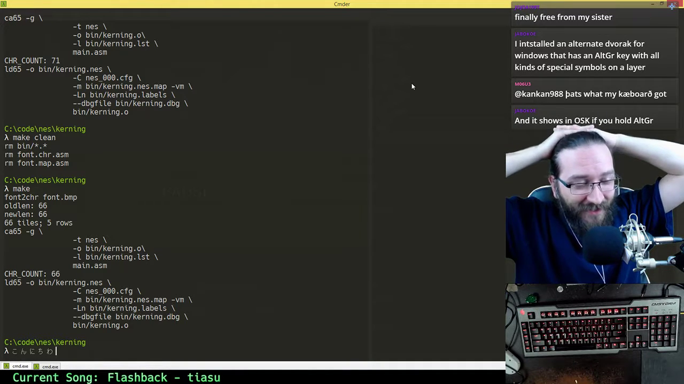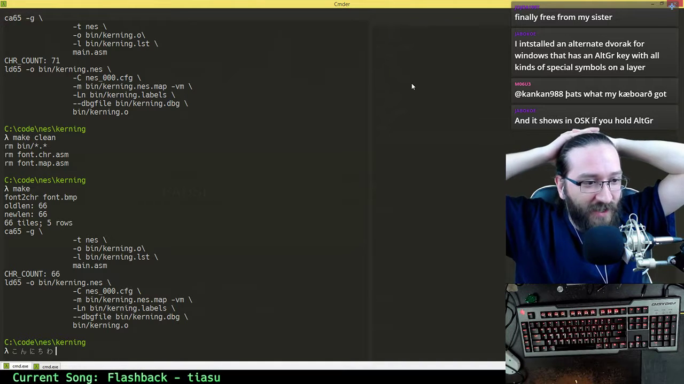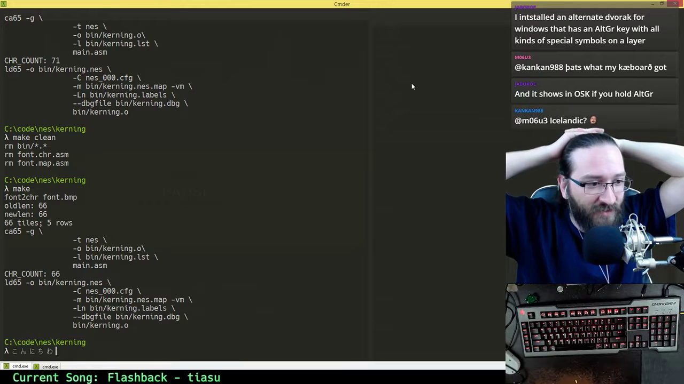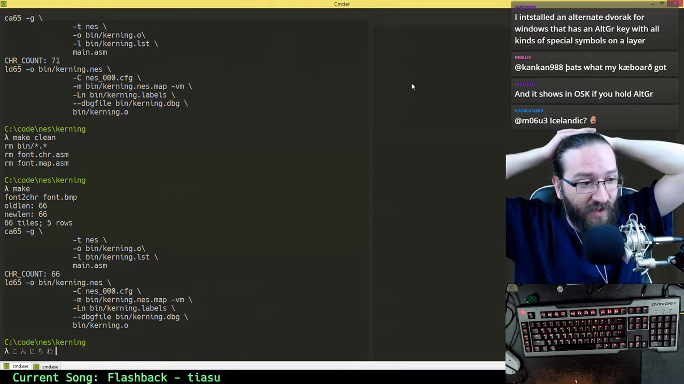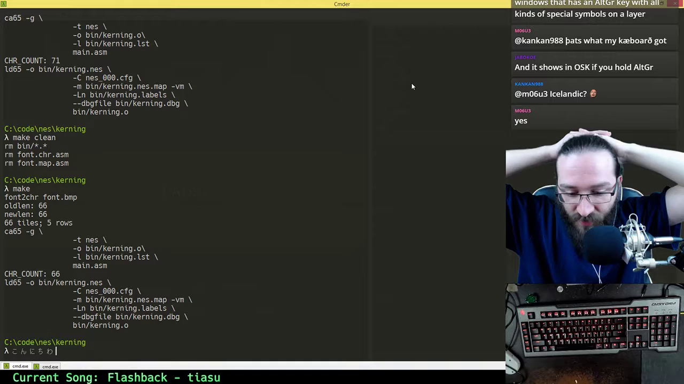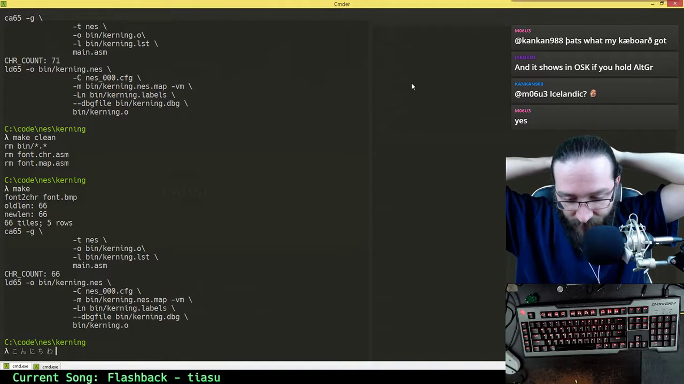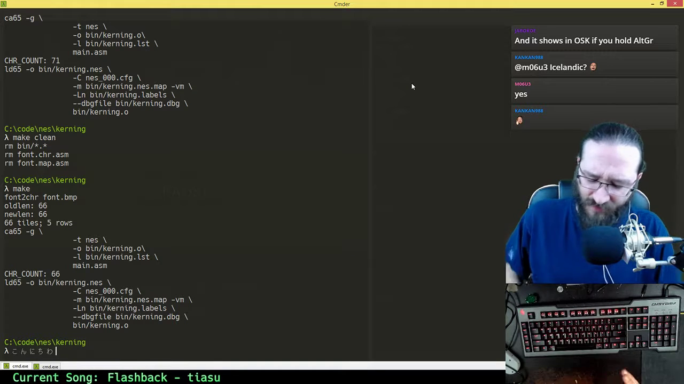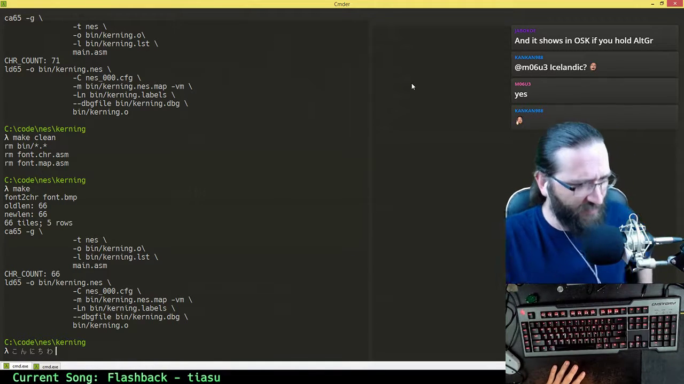Finally free from your sister. Congrats. I installed an alternate Dvorak for Windows that has an alt greater key with all kinds of special symbols in a layer. Nice! And it shows in OS. Nice! Not bad. So that must have been one of the keyboards, the layouts built for Windows, and I mean that specifically because